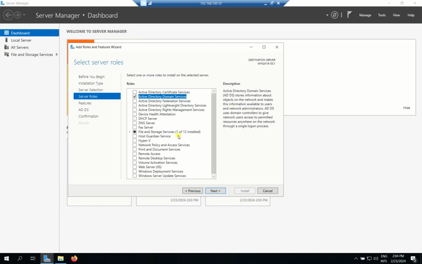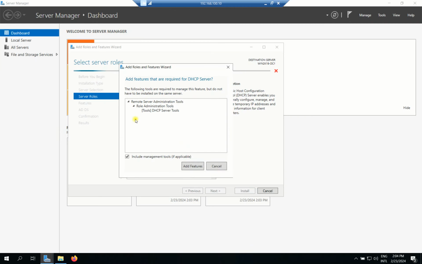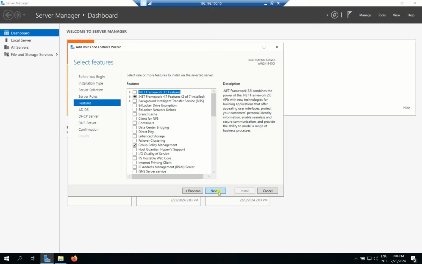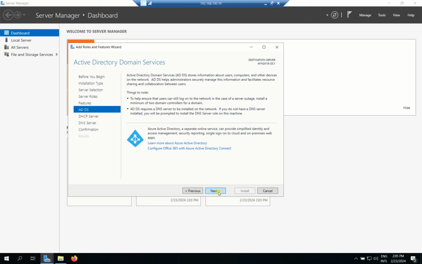And then I will add the DHCP server also from here. I add all these services because all of these are important. So in this video, I will configure these three services: ADDS, DNS server, and DHCP server. And then I click next. Okay, next,